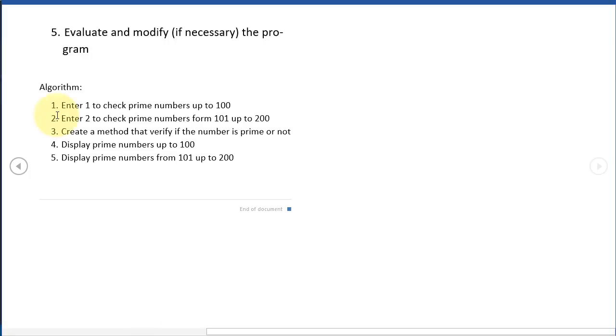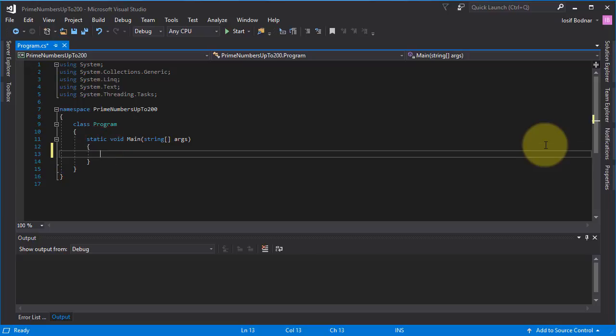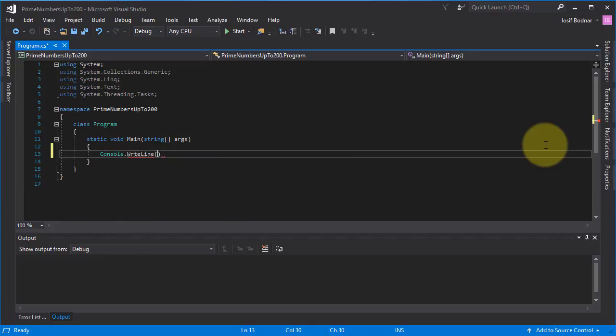I start with the first step as usual. I need a number, for example 1, to check if the numbers are prime numbers, and to display the prime numbers up to 100. So what I need? I need first to use the console object and write line method, because I need to write a text in console. So enter 1 to check prime numbers up to